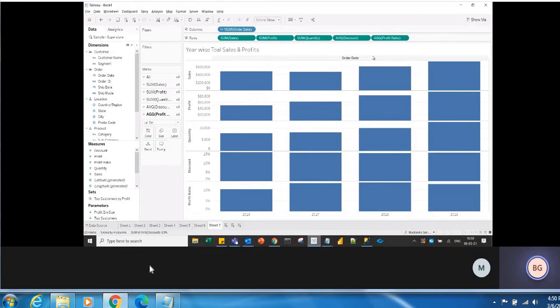And in the visualization you can drag 6 dimensions or 6 measures. If you don't want to scroll, without scrolling, if you want to see the dimensions or measures in one particular view, in a single view, the allowable number is 6. If you drag 6 measures or dimensions, you can have them without scrolling.